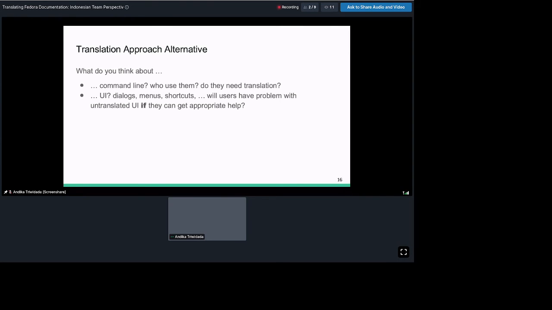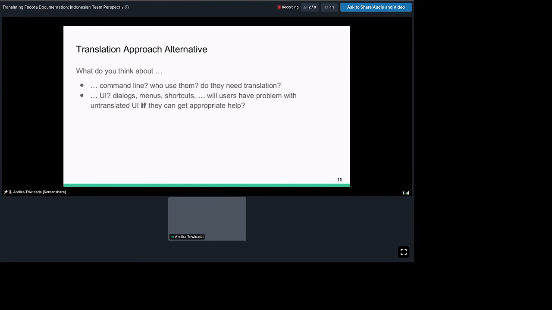it can be more useful, because usually when we search for help, when we search for a string based on the translation, maybe we cannot get the proper help out there.